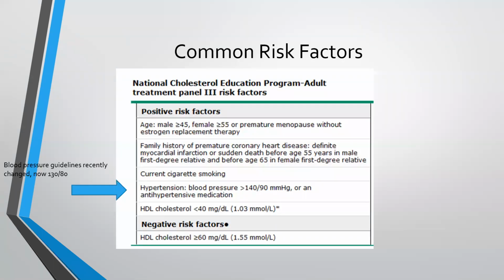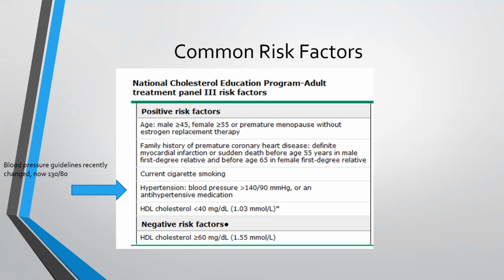Risk factors, these are the most classic risk factors that we have. This slide was picked up from something older, so we've changed the blood pressure guidelines since then. But basically being a male above the age of 45 or a female above the age of 55. The distinction there is that females go through menopause. The estrogen effects before menopause seem to protect females, but once they go through menopause, they catch up to males right after that.